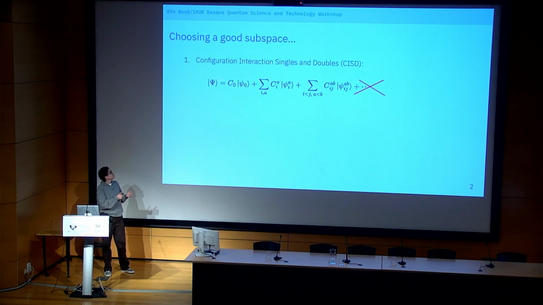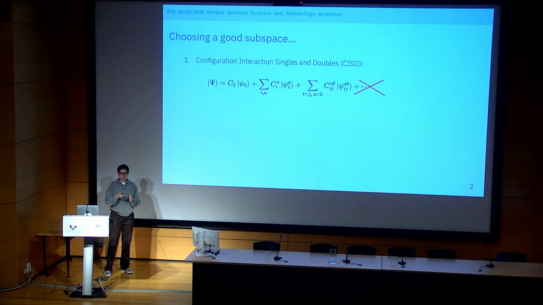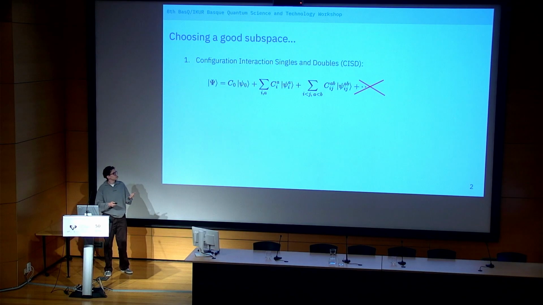For example, CISD, where we just use singles and doubles configurations, assuming that those will be the ones that contribute the most, and we just discard the rest of them. But there are several ways of doing this and several approaches, and this is where we introduce